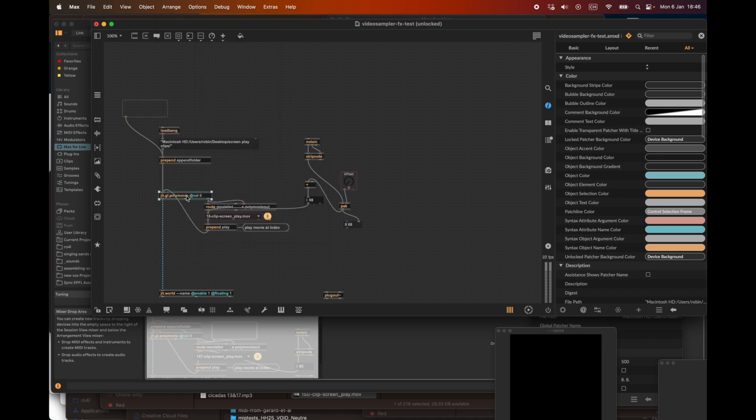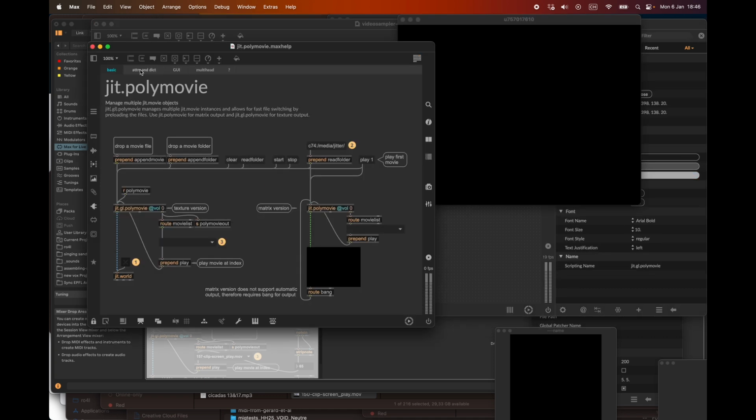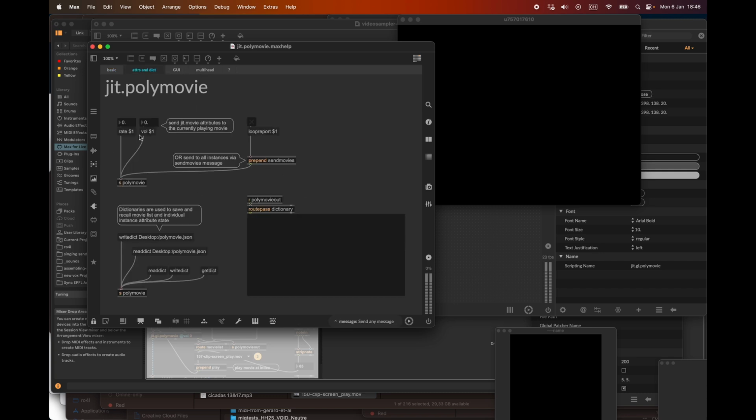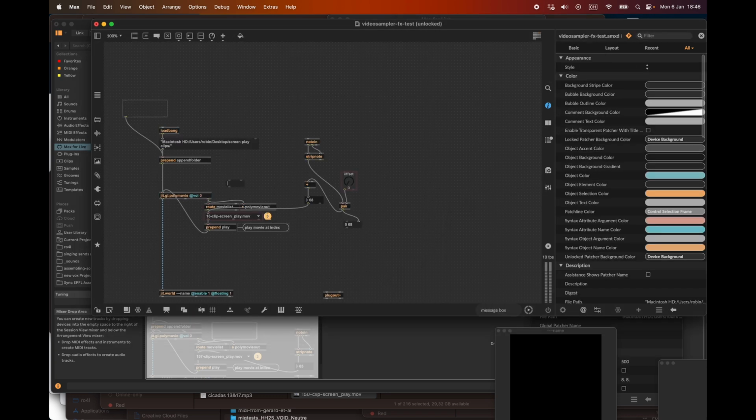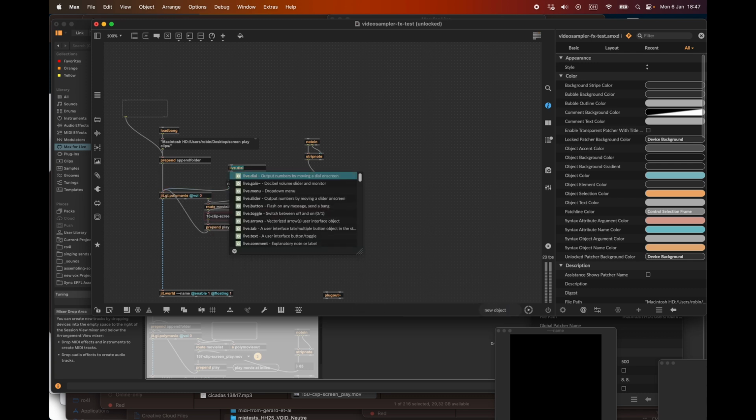GTL Polymovie. If you go into the help file, I guess you can find it somewhere here, rate. Okay, so with the rate message, I can change the speed. So we just add rate $1, connect this here, and now we add a little live dial